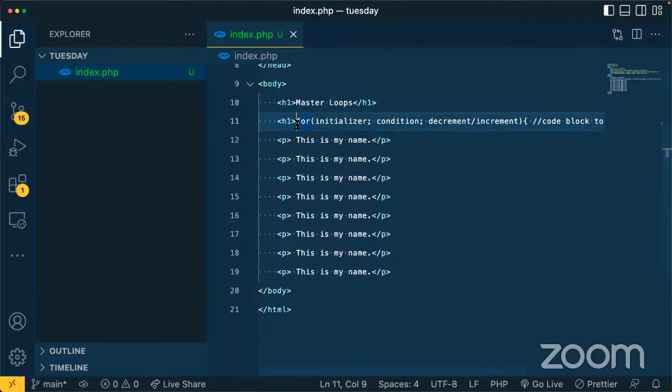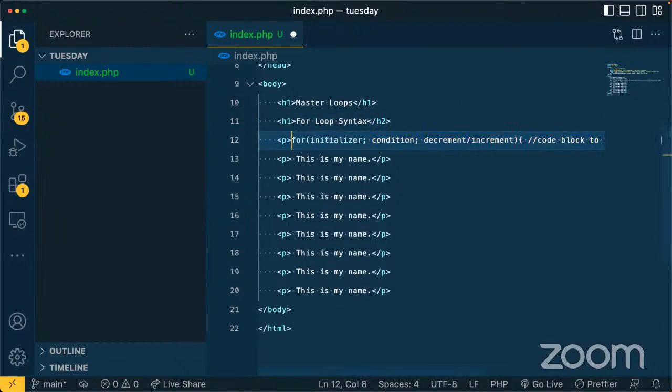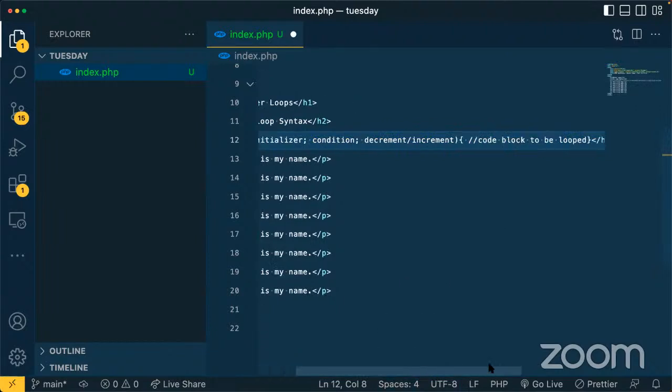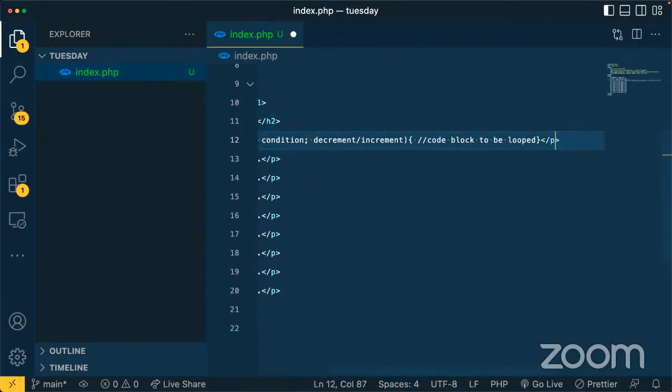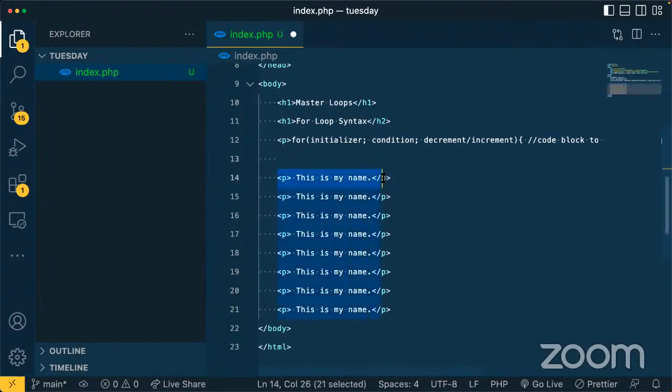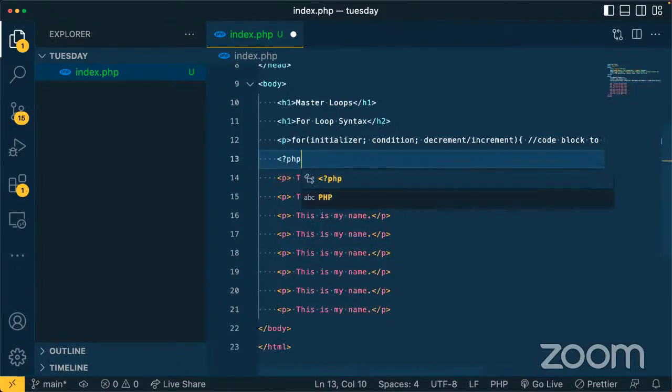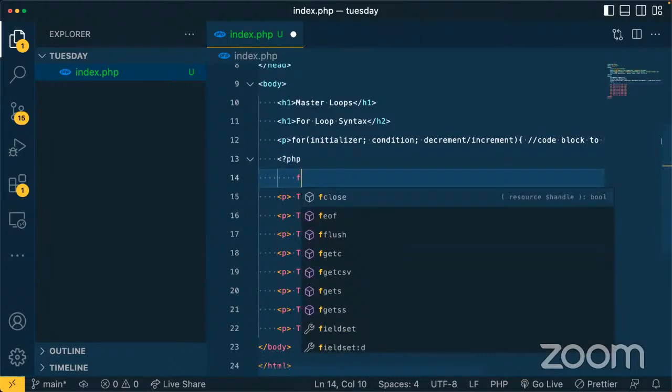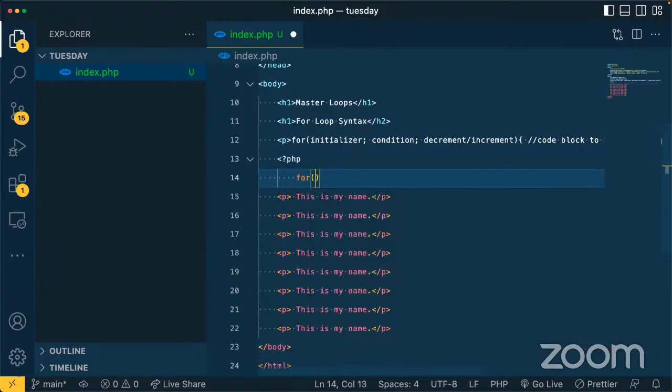So let me say here, for loop syntax. I'll end the H2 here and then start the paragraph there and end the paragraph here. So that's it. Now, if we wanted this word here to be repeated a number of times, in PHP we can just write a for and say the initializer. It will be like,